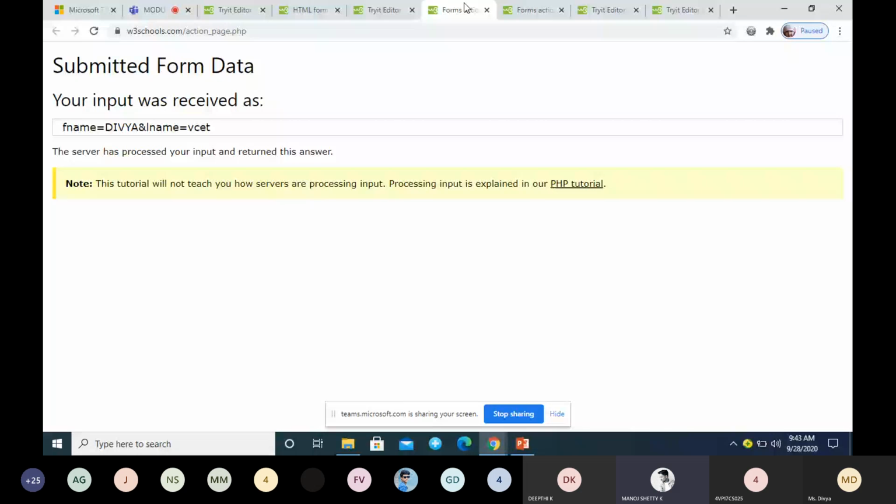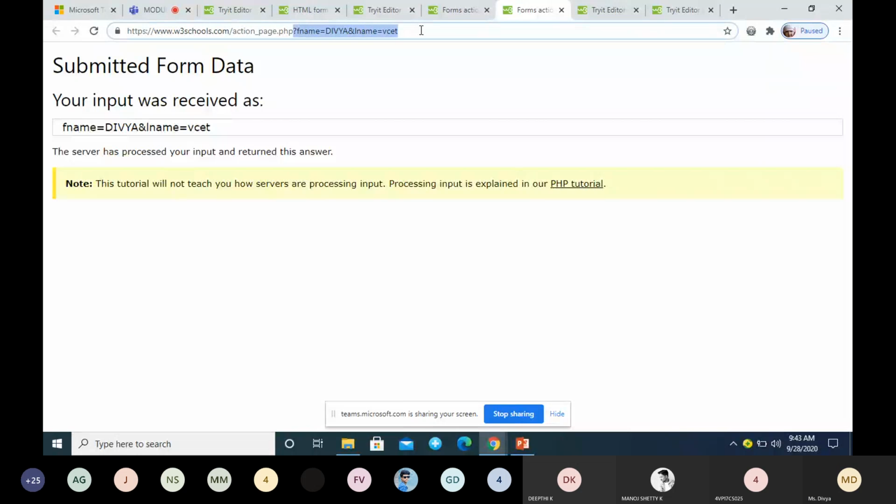In the URL, values are not there. That means we are not sending the data in the form of a query string. In which method? In the post method, correct. In the post method, we are not sending the data in the form of a query string, whereas if the method is get, we are sending the data in the form of a query string.